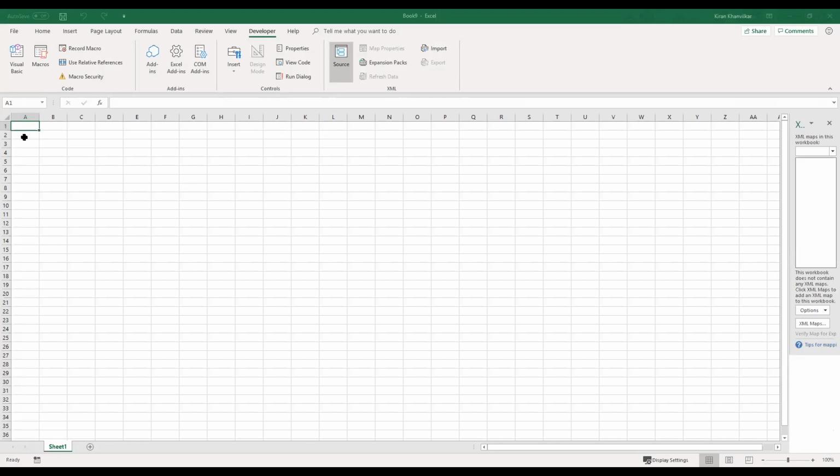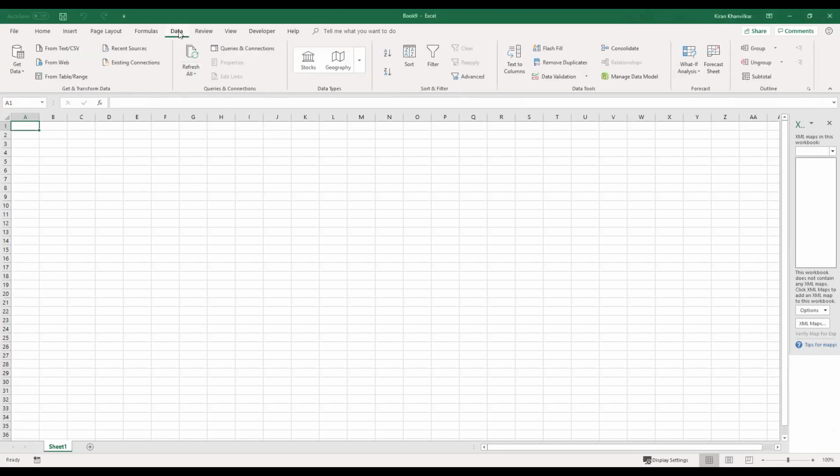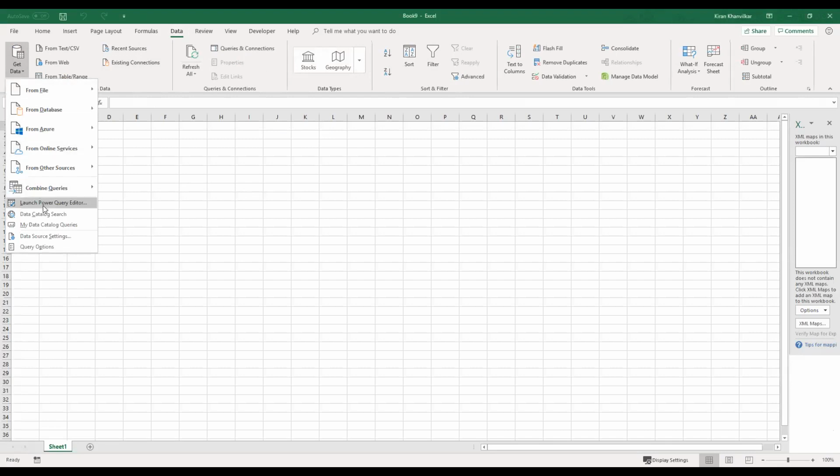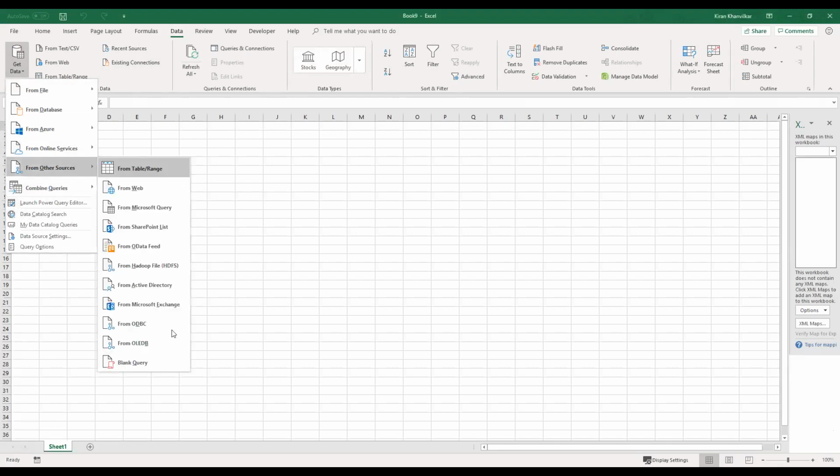Okay, so here we have Microsoft Excel open. In Microsoft Excel, I want to retrieve the project information, and to do that, I'm going to make use of an OData connection. So let me go ahead and get data from other sources, from OData feed,